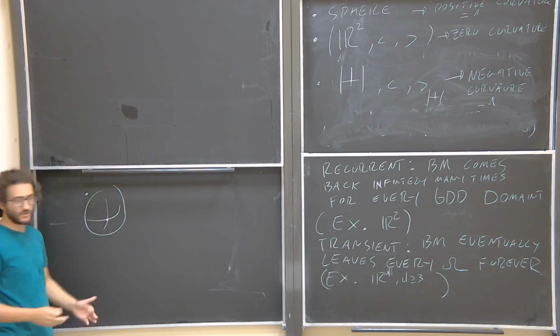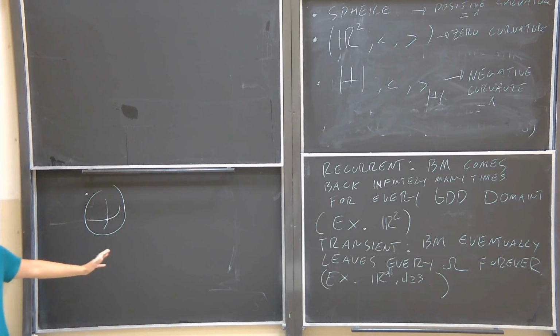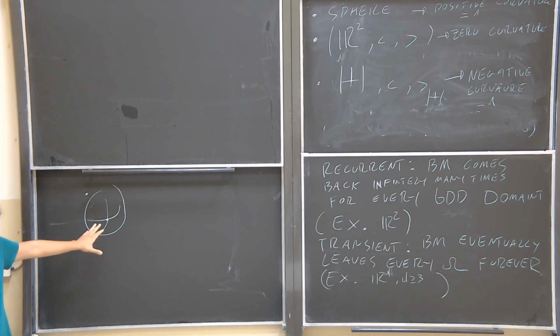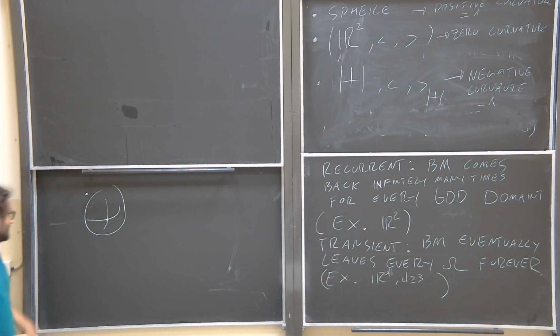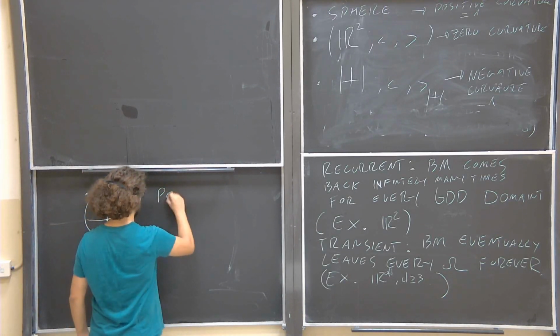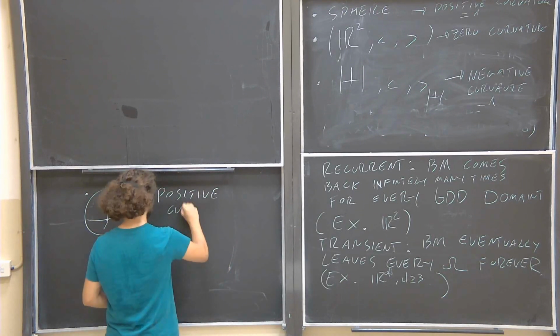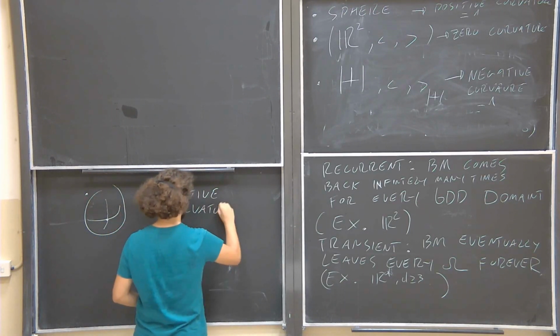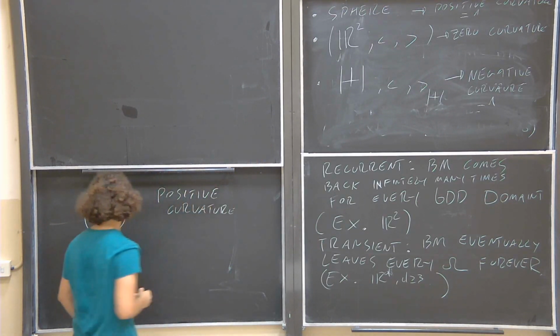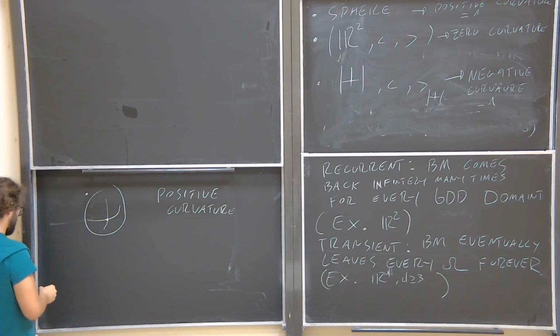Okay, there's some sort of convexity at this point. It's not clear in the drawing. So this is a positive curvature. Points of positive curvature are locally very similar to spheres, and it just means this. Take it as a tautology, the one I wrote there. Negative curvature is a bit more complicated.